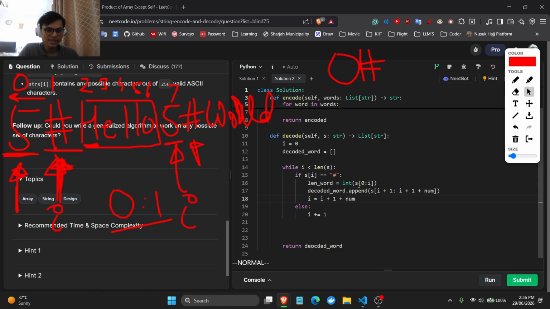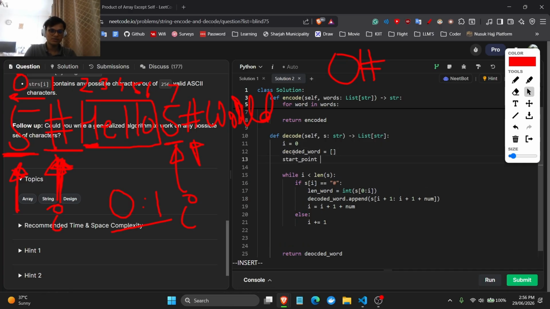But the problem is, now we are starting it from 0, so it will take in fact this entire thing, which is not right. So I need a way to say to this, do not start from 0, start from this one, right? Start from there. So starting point is equal to 0 at first, and I'll say start point, and after this the start point should be from 7 to I, so here this should be, again, I plus 1 plus num.